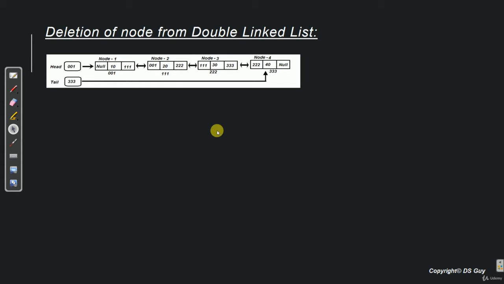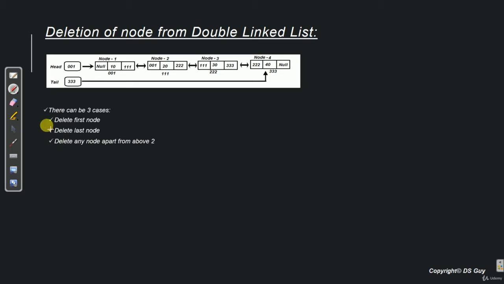So the steps of deleting a node are very much similar to the steps that we have seen in case of single linked list. But there are small differences here and there which definitely we are going to talk about in detail. So as we have seen in case of single linked list, here also we have three cases. First is that we delete a node which is the first node in the list, delete a node which is the last node in the list, delete any other node apart from first and last. So now let's start learning each of them one by one.